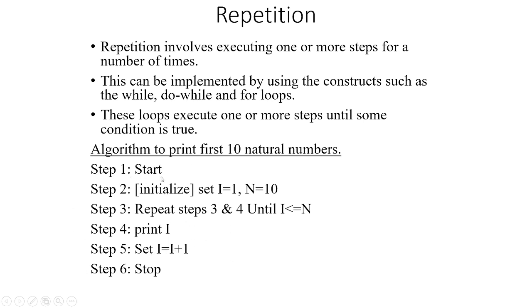The algorithm begins with start. I have initialized I to be 1, and because the task is to print 10 natural numbers, I gave n is equal to 10, or directly you can write I is less than or equal to 10 here. Then in step 3, I said repeat steps 3 and 4 until I is less than or equal to 10. So what it's going to do, it prints I. Because it is initially 1, 1 is printed. Now I becomes 2, and it checks whether 2 is less than or equal to n. Why? Because we said the steps should be repeated,